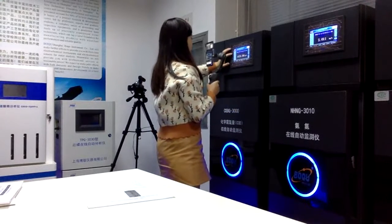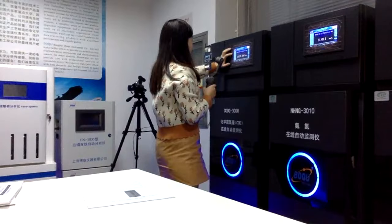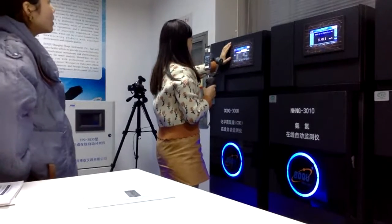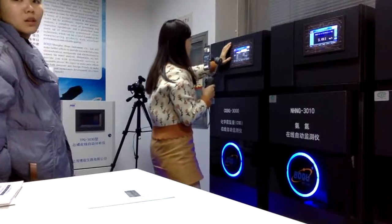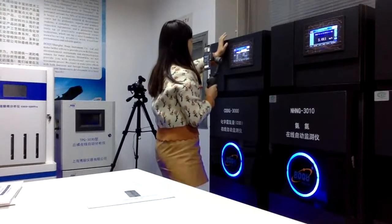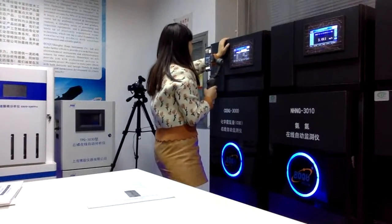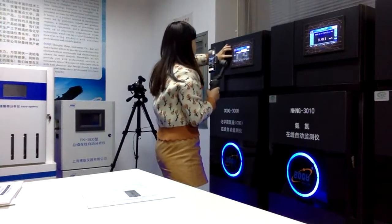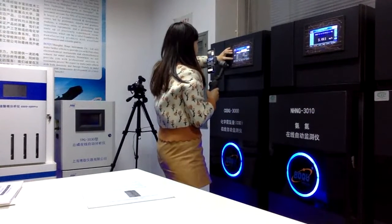So beyond the home page, I will talk about the whole software for this analyzer. The first part is the system condition. Right now the system is working. We have different data such as